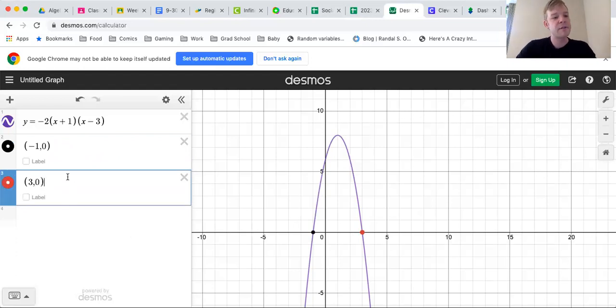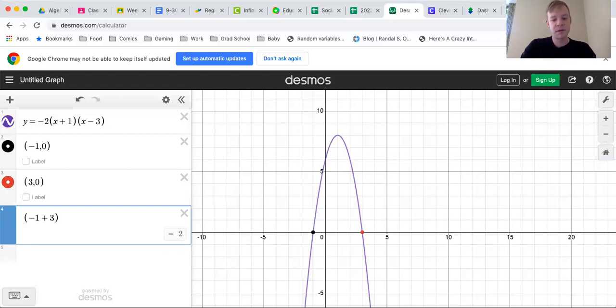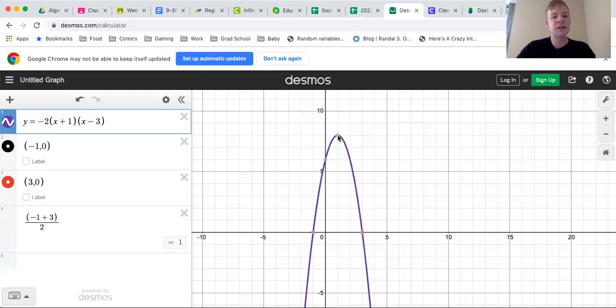So we have the 2 points, the two x-intercepts, very easily from our two parentheses here. We just reverse our sign and we make the y value 0. In order to get the x value for our vertex up here, we have to be halfway between these 2 points, which means we're going to take the average of these 2 points right here. So we're going to add those together and then divide by 2. So -1 plus 3 divided by 2 gives us 1. And we see that the x value of our vertex here